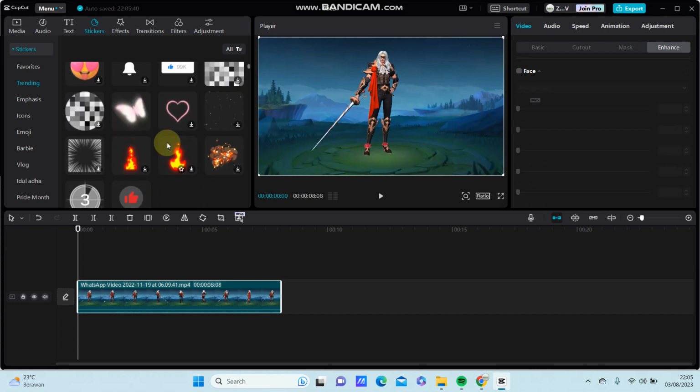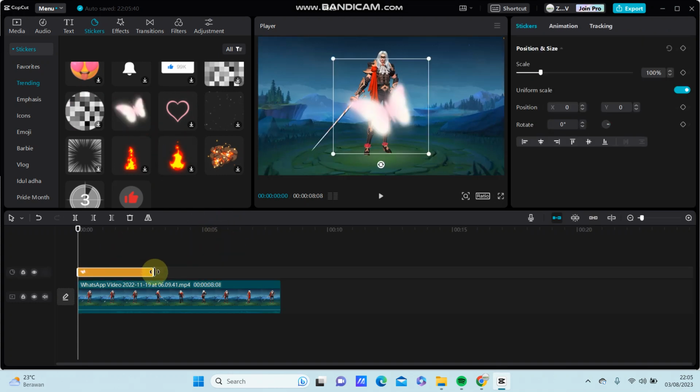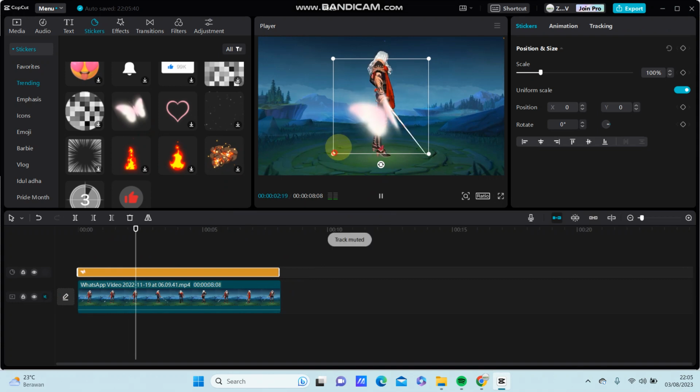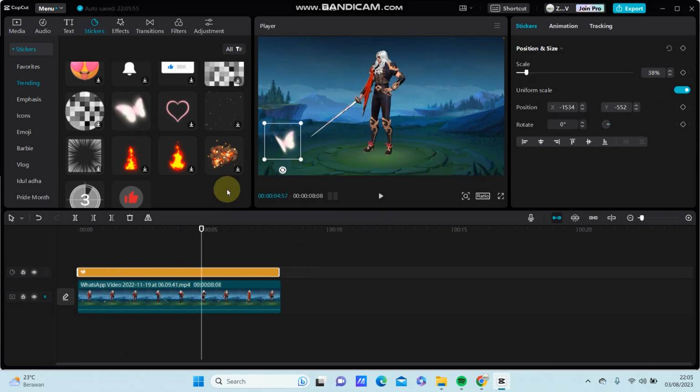For example, so how to make the sticker move. Alright, I'm going to add the keyframe. Select keyframe button and you can move to the right and